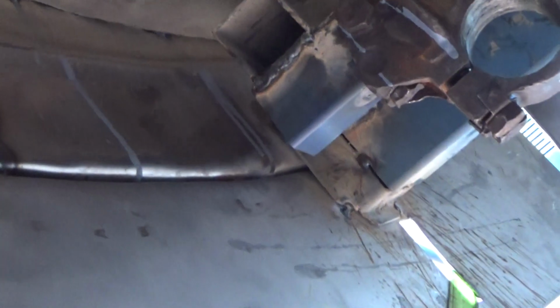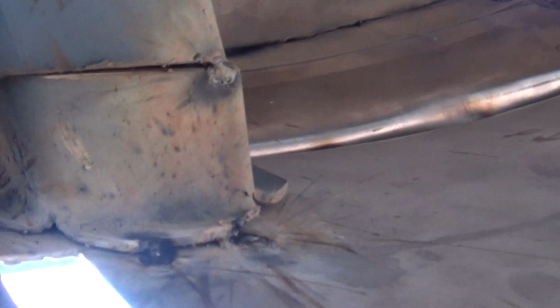So there's the floor, and then there's those two valances. And what I did yesterday was I made the standoffs that bolt onto the front valance. So they're just tacked in place, so that's actually in a continuation of the main frame rail. And there's one here as well, just tacked in place. It's not 100% definitely gonna be where it is, but it's there for the moment. So yeah, all new steel up in here,